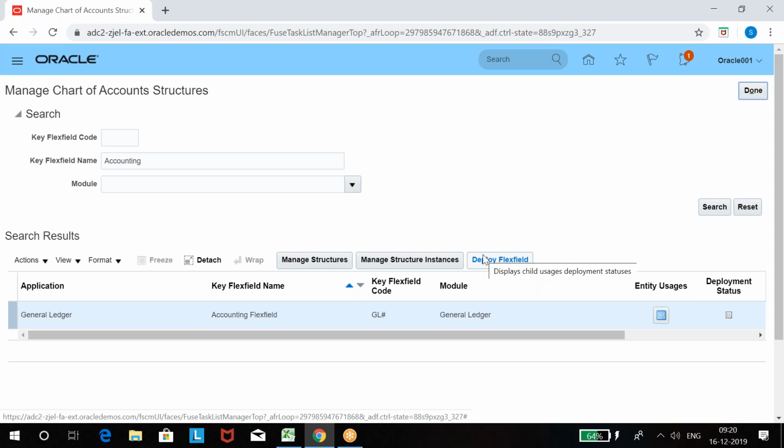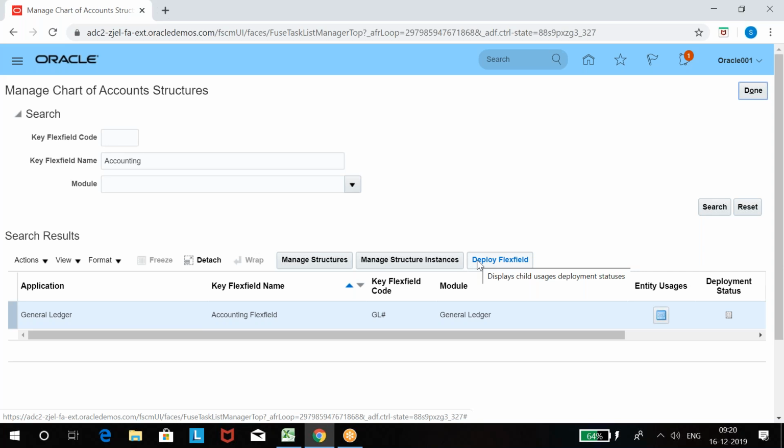So all these need to be deployed somewhere in the backend, and it has to generate a table to save our accounts in future, right? Because all data is creating, all accounts are creating through chart of account only, right? You need to save somewhere, isn't it? This structure need to create somewhere in the backend table, and where actually your accounts are going to generate. For that, you need to deploy.